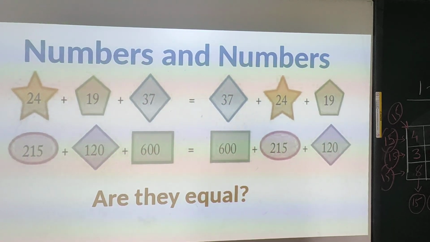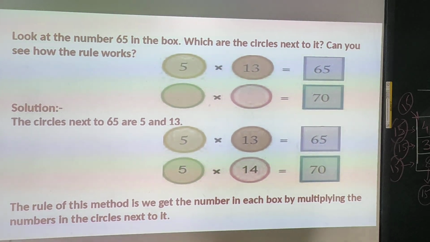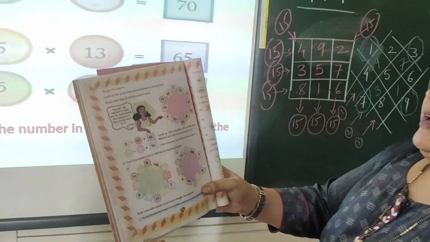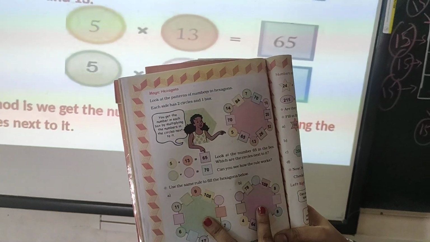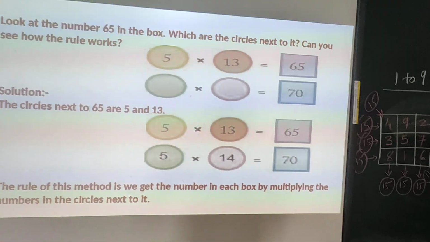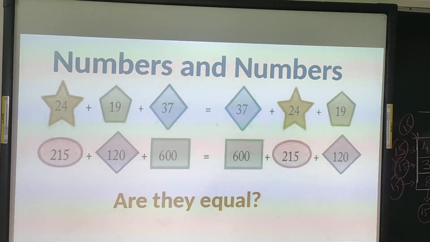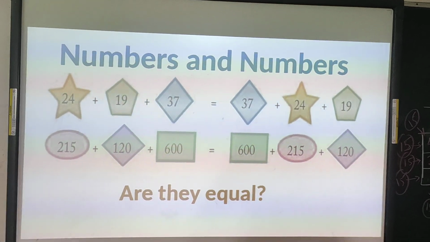So now like this, two more hexagons are given. See here on your page number 104. These two hexagons are given. You have to complete this in the worksheet and send it. You can draw this in your notebook or you can take a printout of your worksheet and solve. Now we are moving to textbook page number 105.